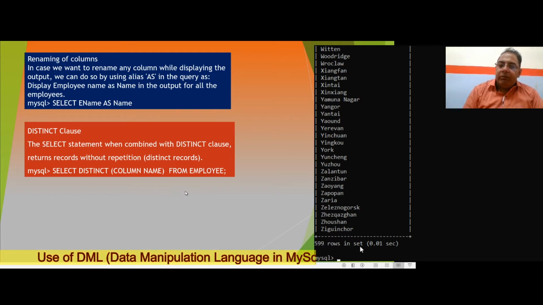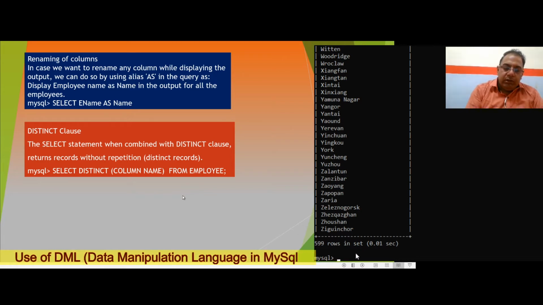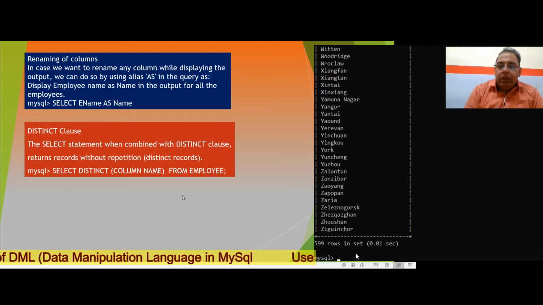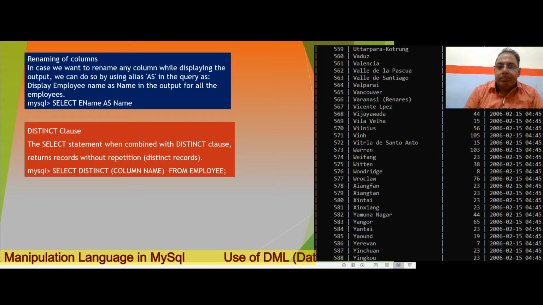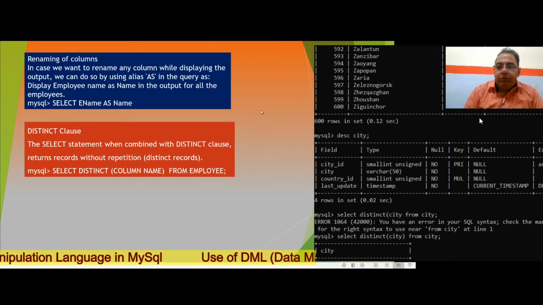In the last example we have 600. Let's see again. In the same table I have also another column like this one, 600 rows in one set, but in this record I have 599, meaning one record is duplicate in that particular file.